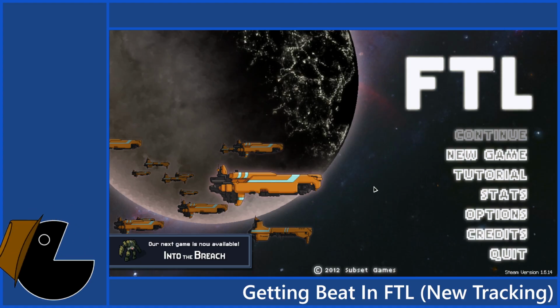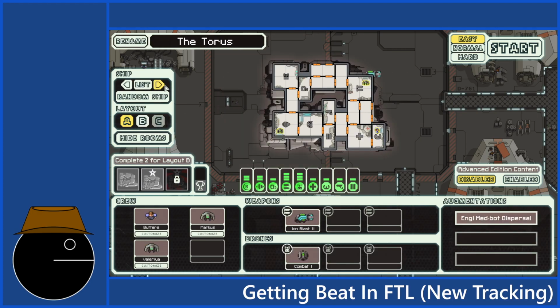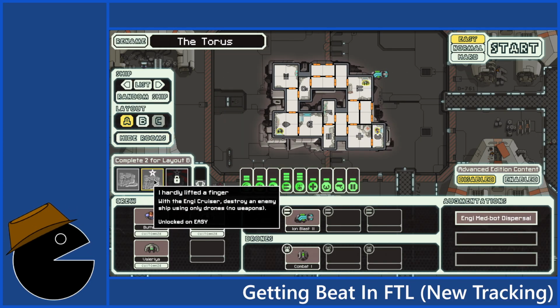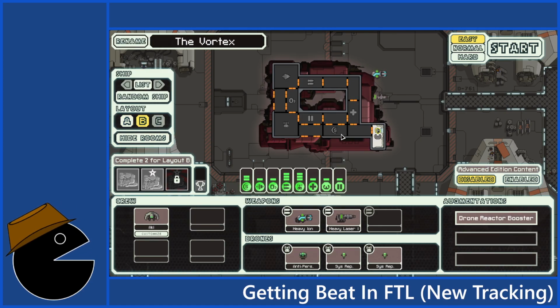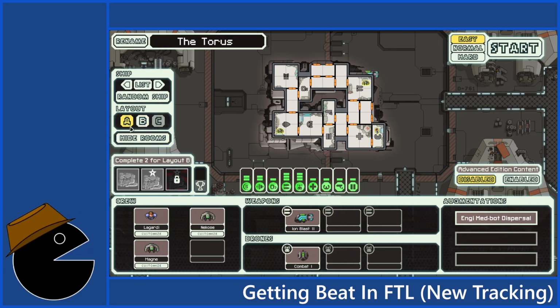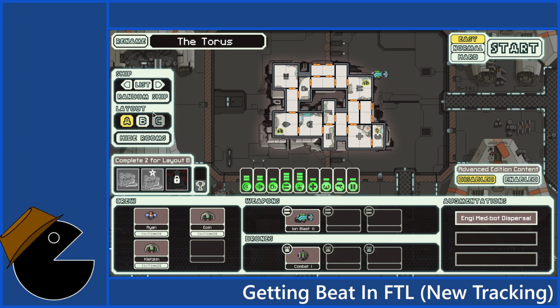Let's just, speaking of light, get right into it. So, Faster Than Light. Yeah, I've unlocked layout B here, which starts with some more stuff. You start with the extra power, and I don't start with a combat drill.